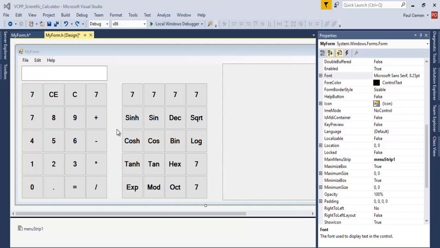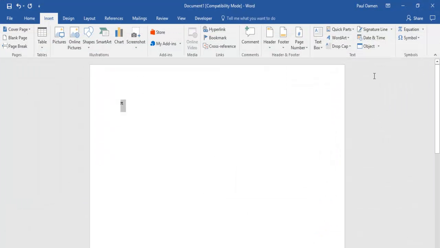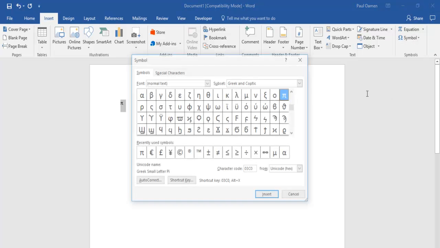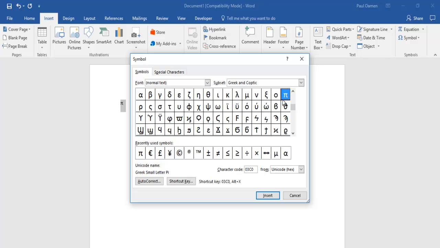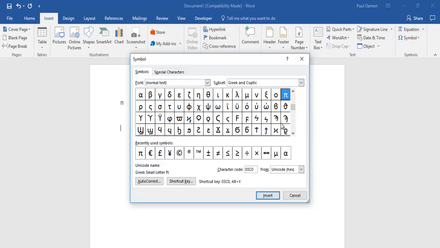Okay, this is how the interface is looking now, but there are some that I need to show you guys how I'm going to go about creating them. Something like pi. So let's come in here. So right there, I'm in Word. I'll come in here and just get a pi right there. Okay, and I will insert it. I'm going to also need this. So let's go back to the symbol and just select that as well, the plus minus sign right there. This is it there,